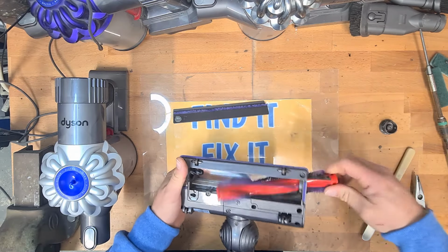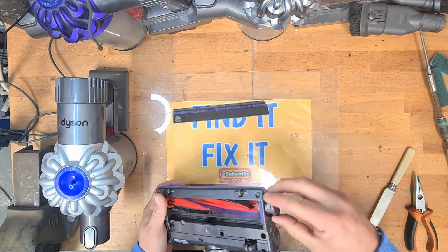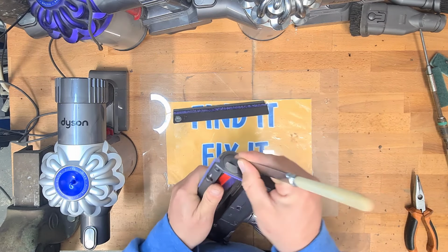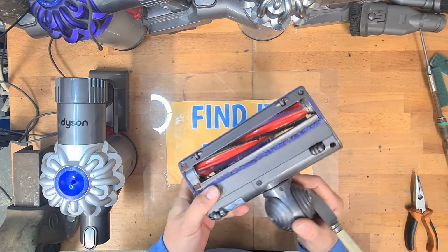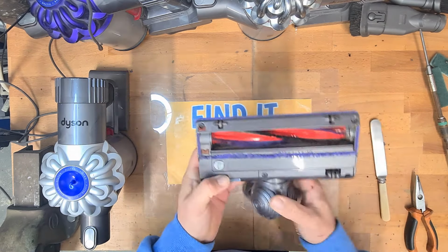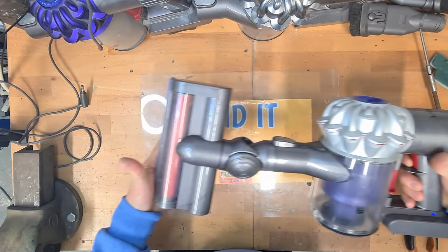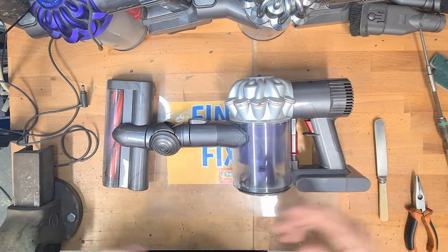Slide the brush bar back in the machine. End cap. Put this back on again. Oh, there's no hair stuck underneath it. Push that in with your butter knife. Twist. It's your brush bar reinstalled. And the cover just slides on, clicks in. Do the tab up. There you go. That is how to